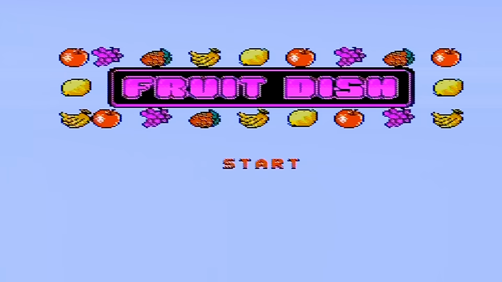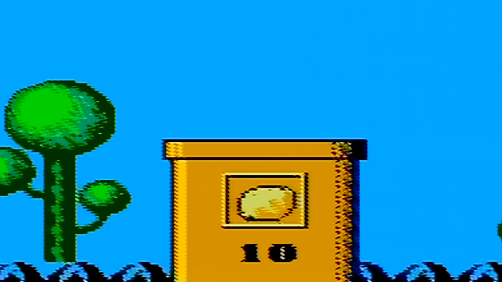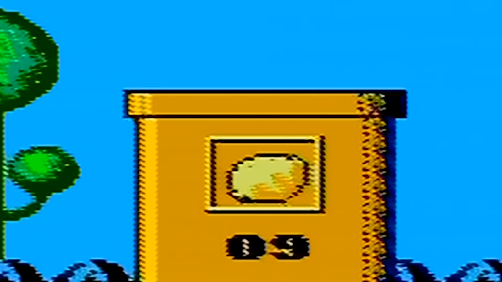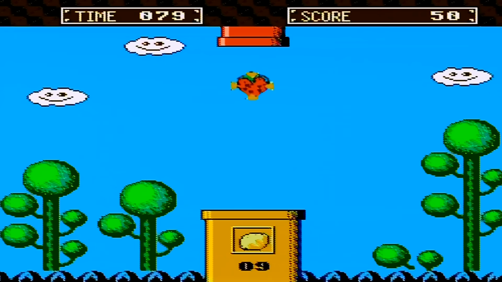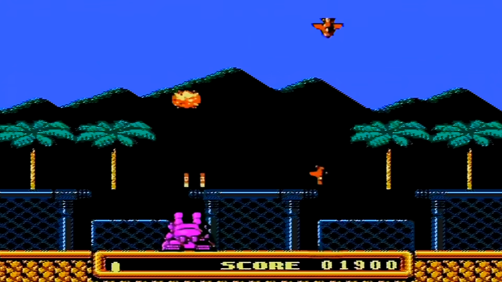Fruit Dish. In this game, a pipe from the sky drops fruit, and there's a pipe underneath, and your job is to switch the fruit out into the fruit that the pipe at the bottom needs. In this case, lemons. Oh, there is a time limit just in case you can't possibly master the easy switching of fruit. But if you can't master that, well,